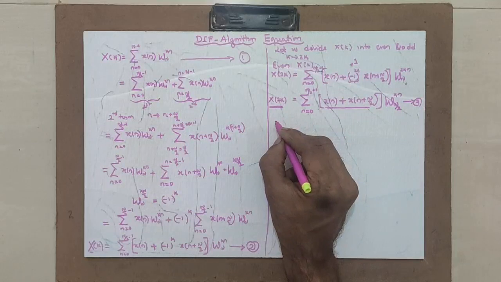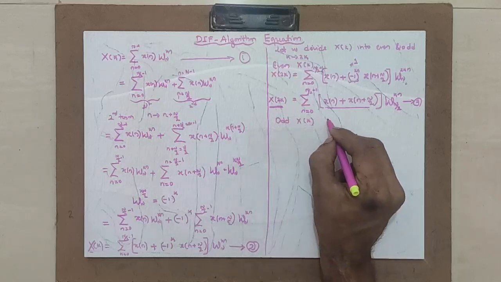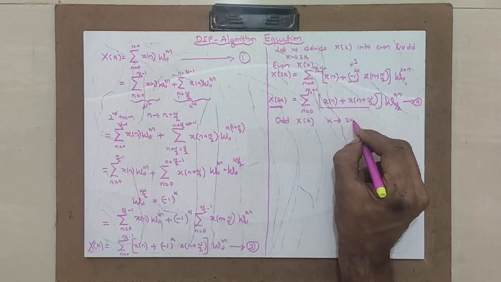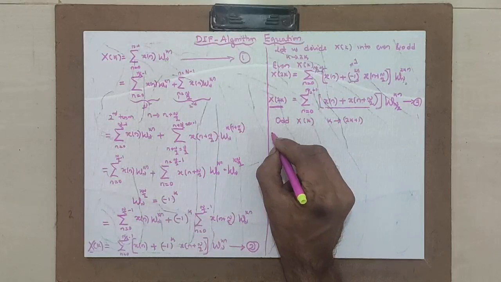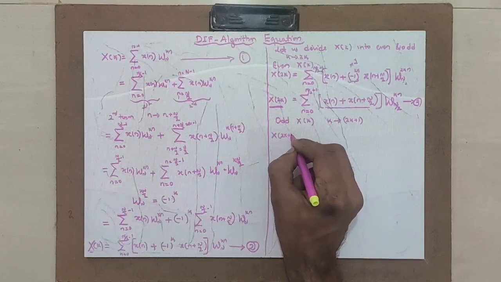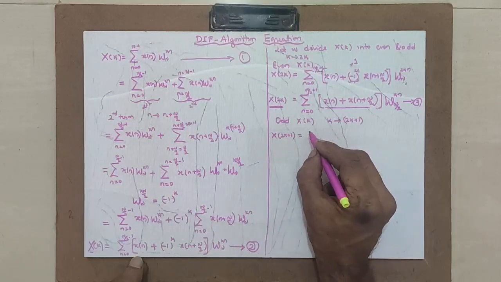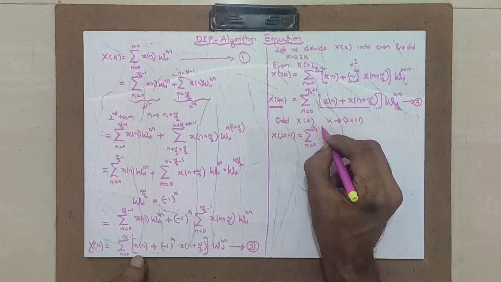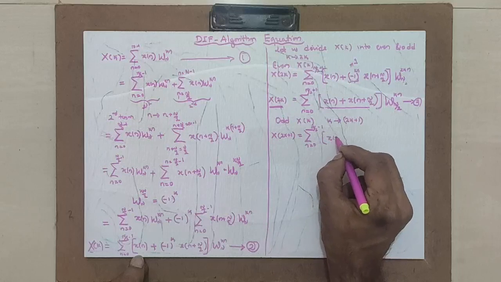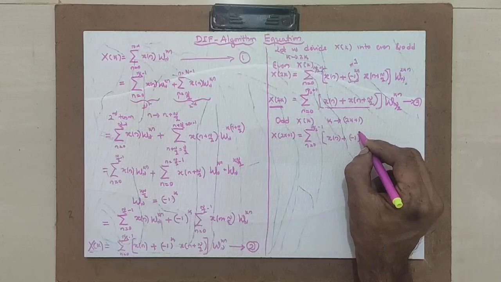Now let us find the odd value for x of k. Odd x of k means what? K you are replacing with 2k plus 1. Hence x of 2k plus 1, or the odd value, is given by my actual equation 2 only, in that n is equal to 0 to n by 2 minus 1, x of n plus minus 1 raised to,